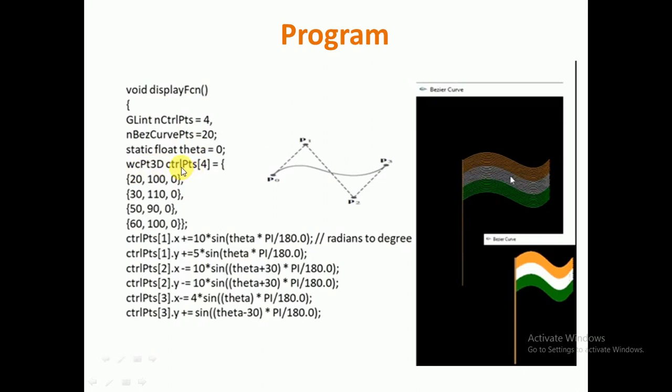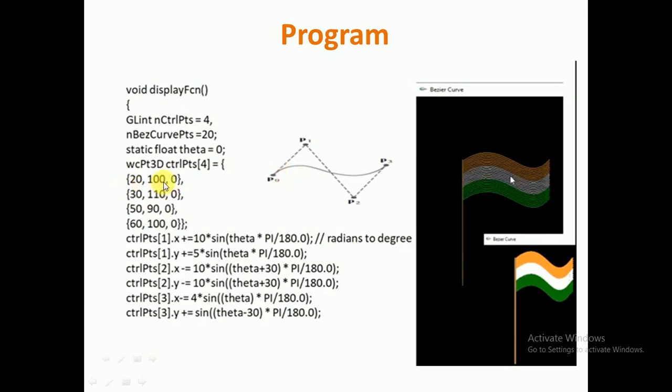Then where is this control point? What are the coordinate values of this control point? We have defined the coordinates of this control point here, right? The first control point is x 20, y 100. We have taken 3D, but z we are drawing at 2D. While declaring the control points, we have declared a 3D point, but ultimately we are displaying on a 2D monitor. That's why z is 0. So x of this control point is 20, y of this control point is 100, then